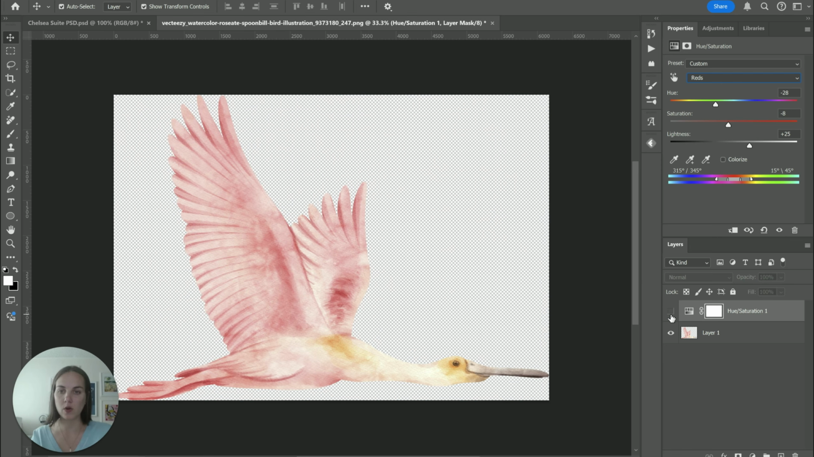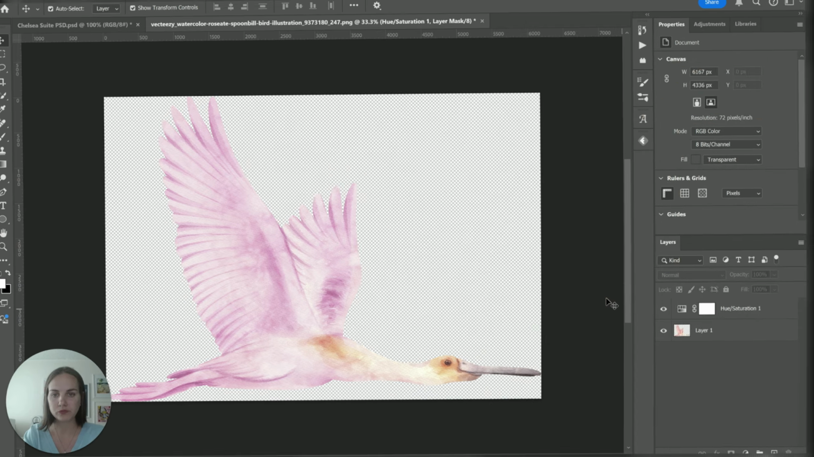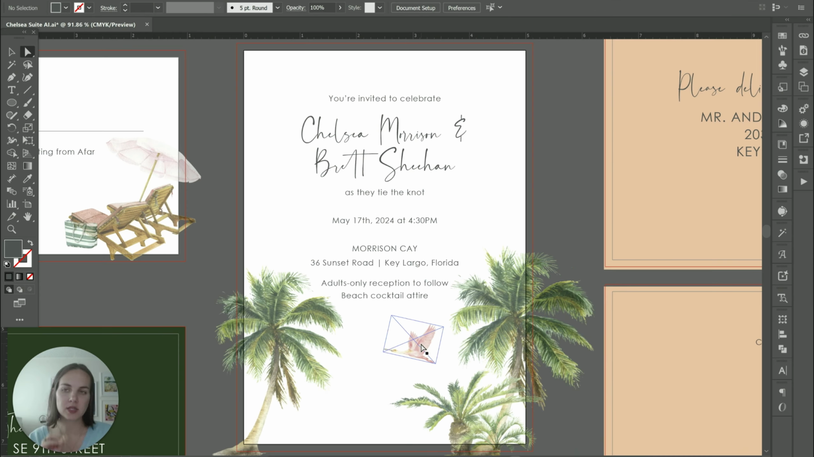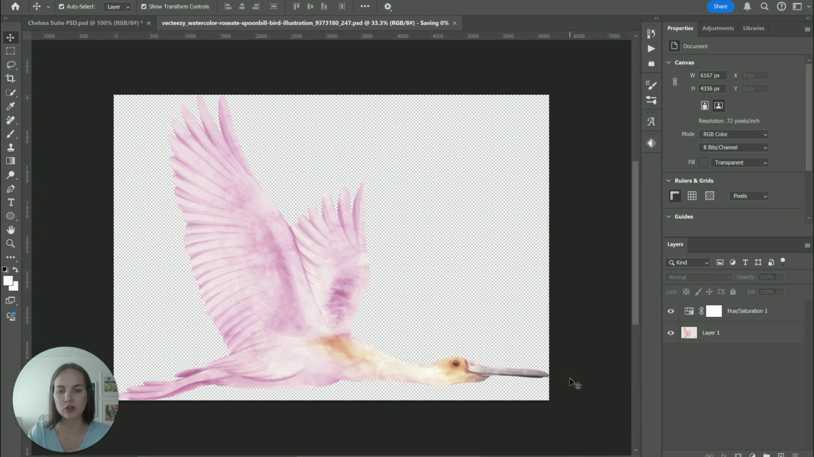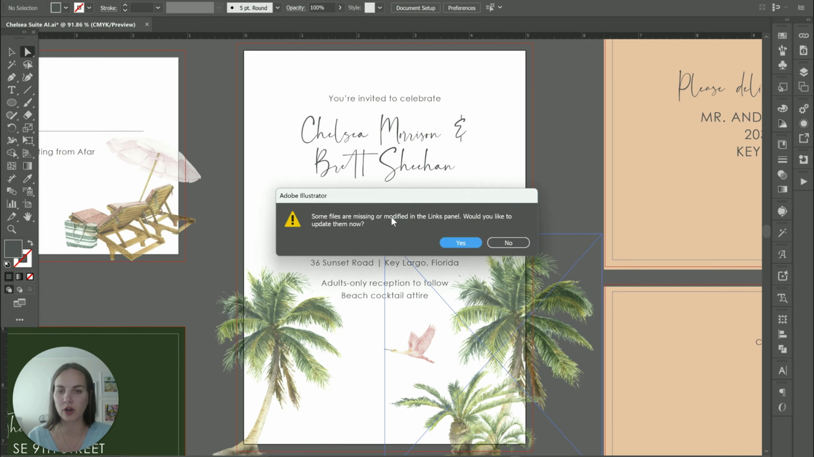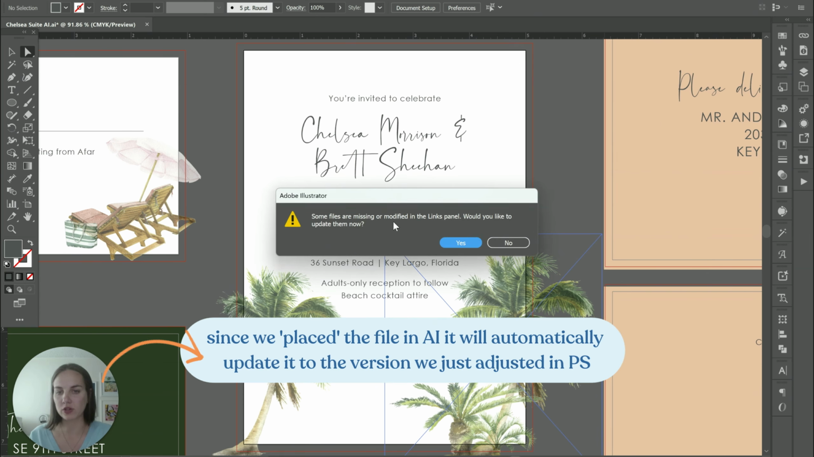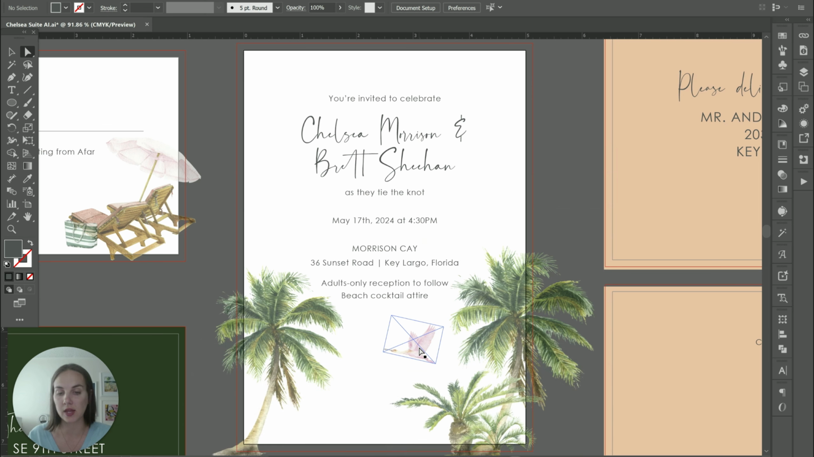This is the original artwork. It was kind of pink. And this is the new artwork that is purple. So in Illustrator, because I've placed this pink bird, all I have to do is actually save that file in Photoshop. I'm going to click Save. And then when I return to Illustrator, it's going to say some files are missing or modified, and would you like to update them? So if I click yes, it's going to update that pink bird to our new lighter,